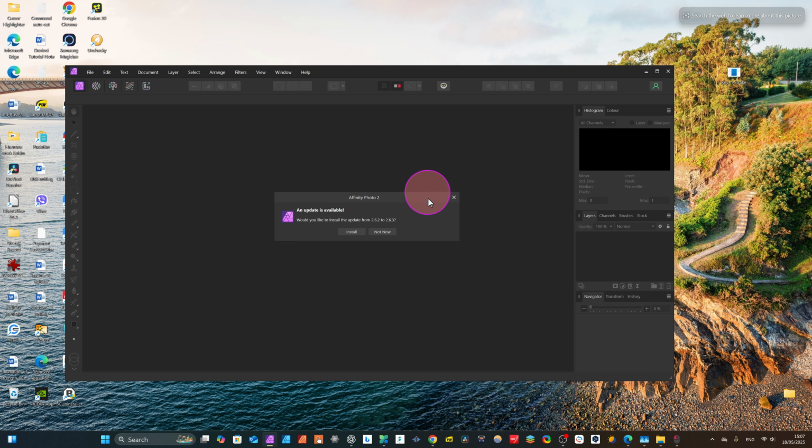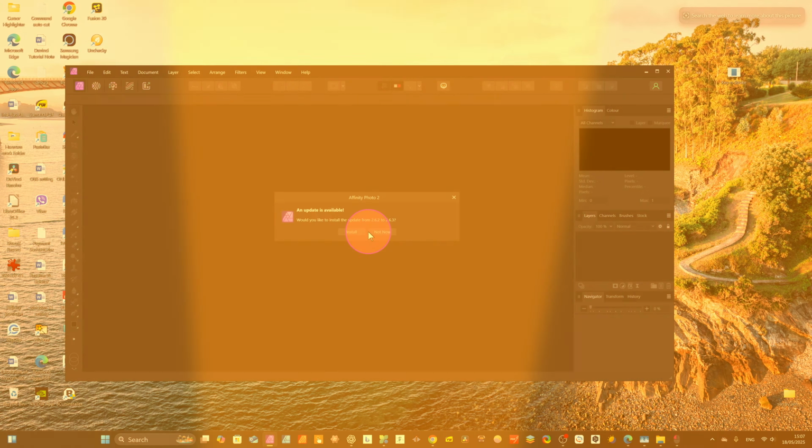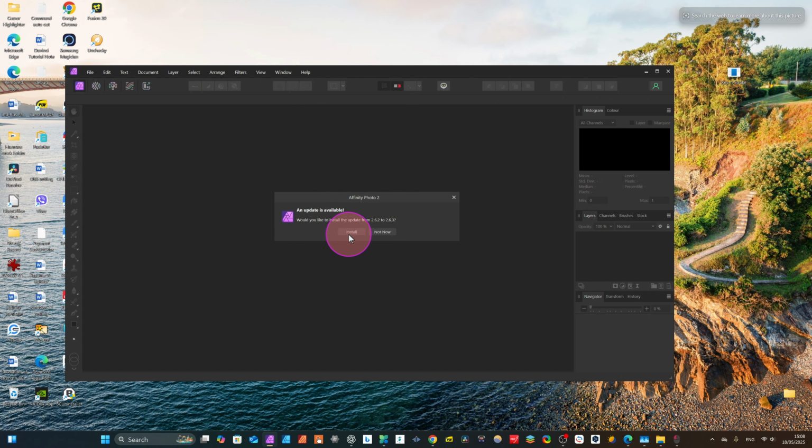Adobe Photoshop. Come here to install, and we just click to install. Please stay in the class, dear friend, till the end. Today we will learn how to edit photos inside Affinity Photo, and how we can make a fantastic, stunning YouTube thumbnail inside Affinity Photo. So we just click install, dear friend.